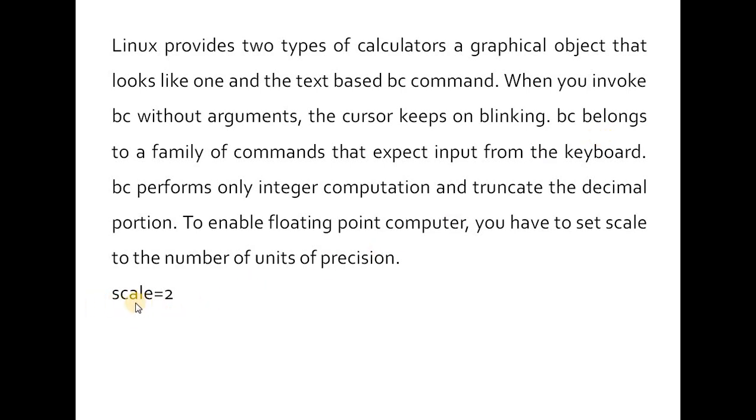So here you can write at the bash prompt scale=2. So an example of bc is, at the bash prompt type bc and press enter, and whatever equation you want to calculate you can type. Here you can see 12+5, you press enter, you will get the answer 17. After that you can type the next equation and so on. When you want to exit from the bc command, you have to press Ctrl+D. When you press Ctrl+D, again you will get the bash prompt.